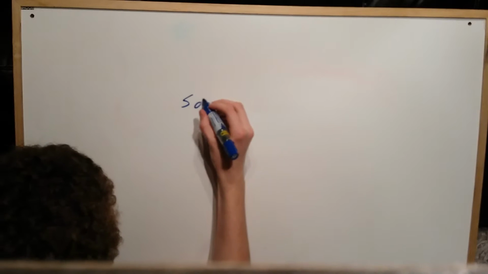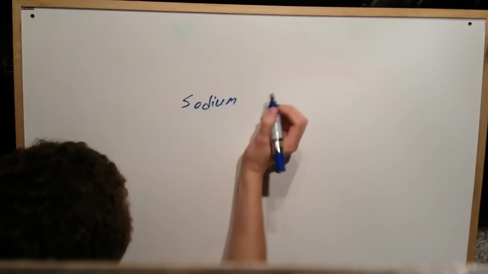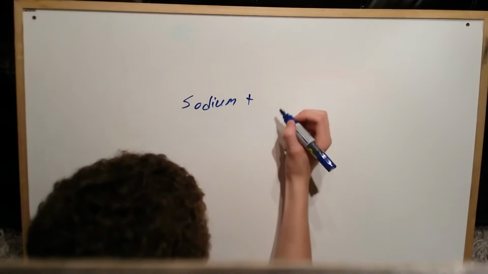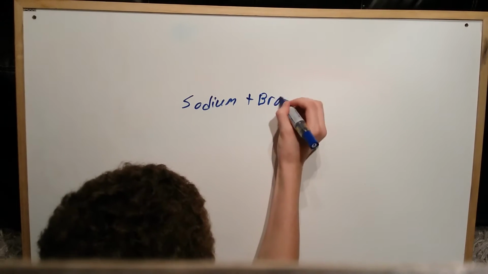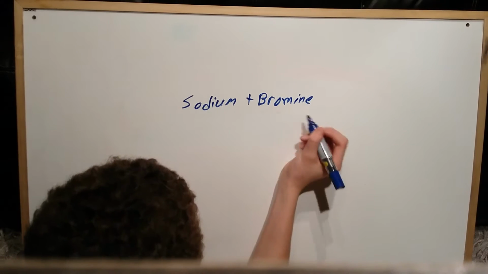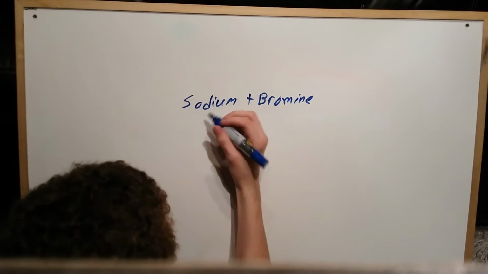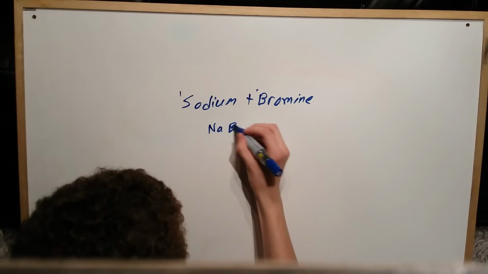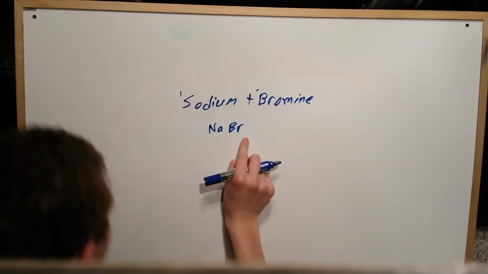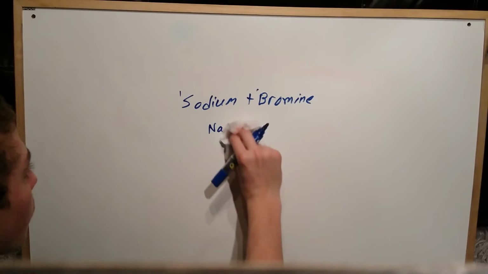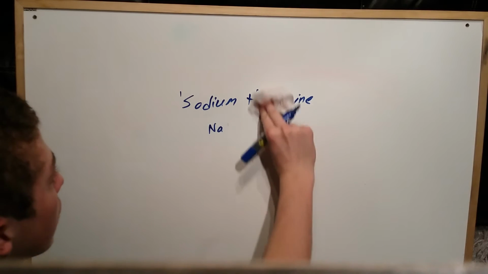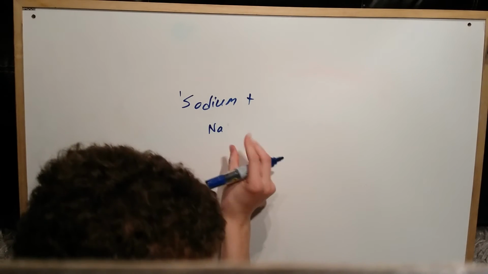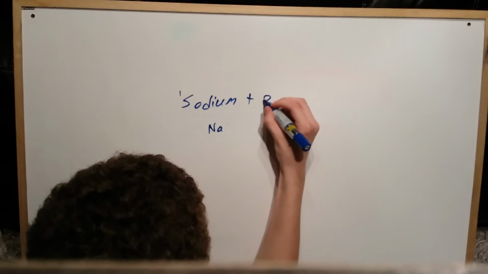So all we're doing today is, let's say you have sodium. Sodium's a nice one. It's nice and easy. Plus bromine. Sodium, bromine. So this is 1, this is 1. It's just going to be NaBr. Right? Nothing. Now, what if we keep sodium, but we take away bromine and put phosphate,